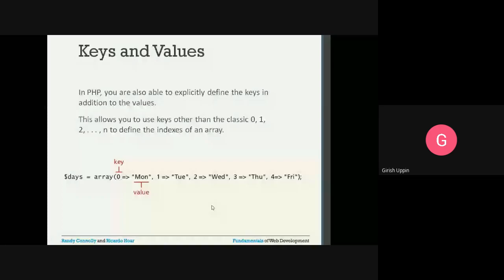So in the earlier example, I had 1, 2, 3, 4, 5 values. Now what I have is a key and value pair. So how will the array be stored? It will be stored with this as the key, and it will map this value to this particular key. So that is how you are going to use it. You will provide the key, then equal greater than. This is the mapping sign, and you provide the value and a comma. Each key value pair should be separated by a comma. So how many key value pairs do we have? 1, 2, 3, 4, and 5.